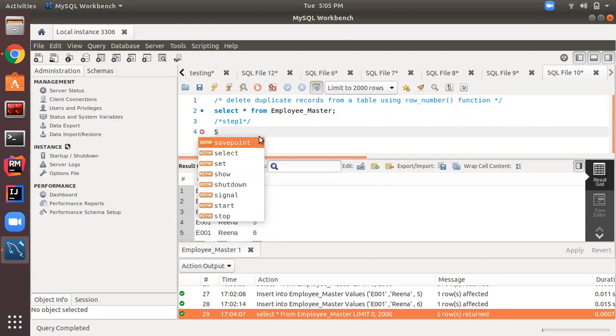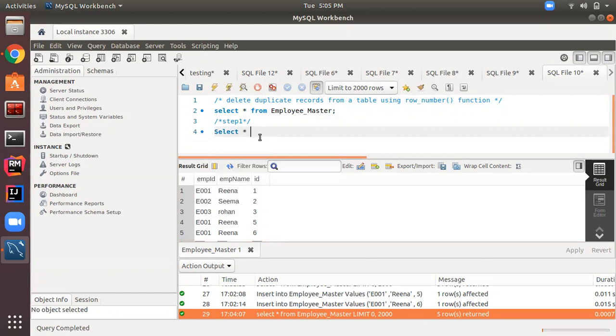So I am writing the query for that. Select star comma row number over, which is the syntax for achieving partition in this table. Partition by employee ID, since I want to partition my table on the basis of employee ID. Partition by is more or less similar to group by; it will group together employee IDs in my table.